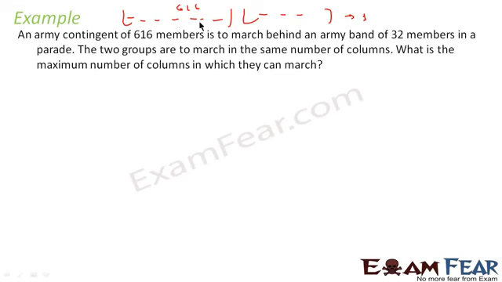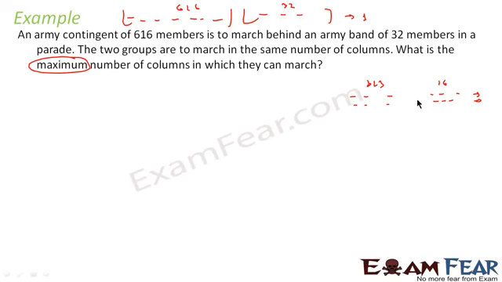Second option is we get two queues. So here it will have 308 each, and then here you will have 16 each, correct? Because there are two queues now, two columns, 16 each. The next option can be 3. Can we try 3? No, 3 is not possible because 3 is not a factor of 32 and 3 is not a factor of this. So what I am looking for here is, the question asks what is the maximum number of columns. Case 1 we got only one column, that is 616 and 32.